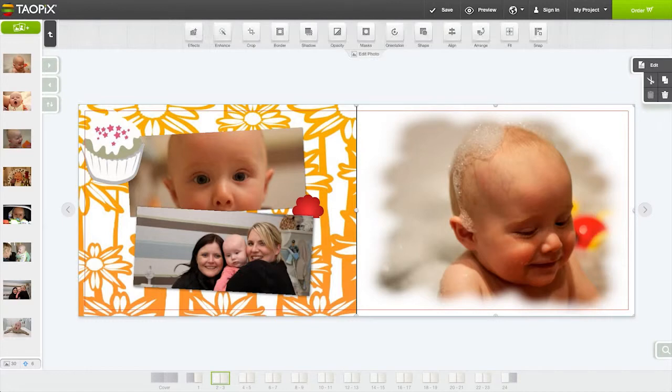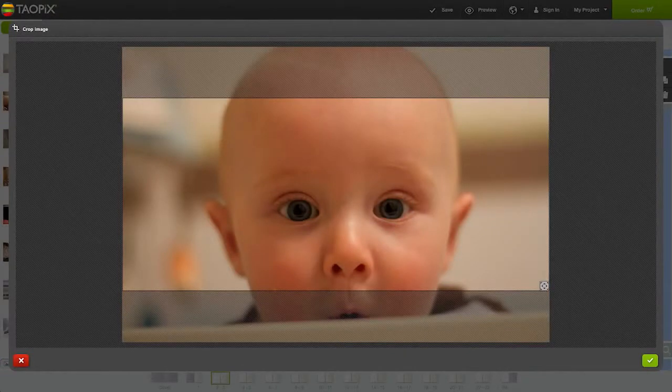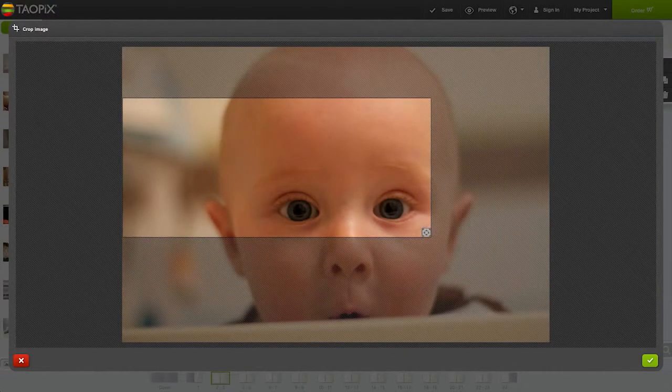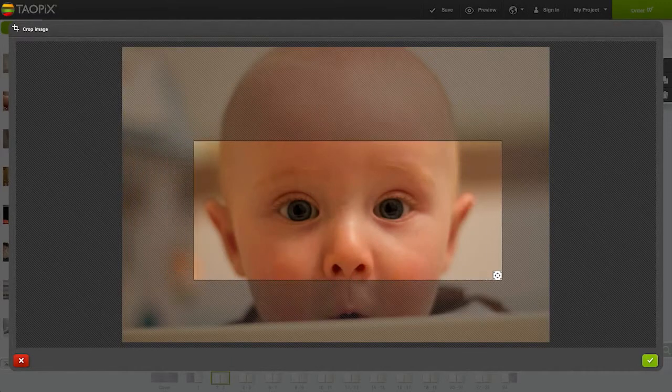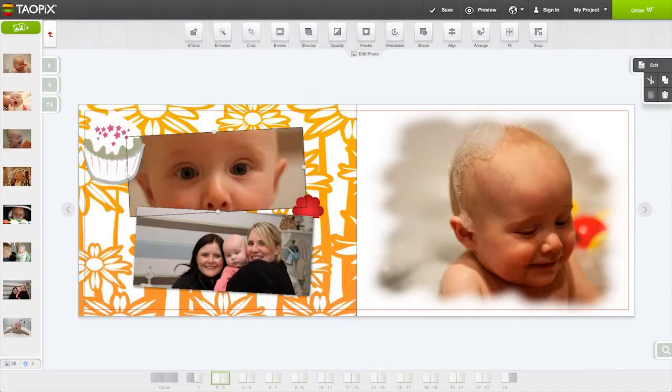Okay, so we've now got our beautiful picture here. So let's take a look at some of the other tools that we have. We can take a picture box and we can either crop the picture. We can use this by selecting the button at the top of the screen or simply double clicking a picture. And this now allows me to crop right in and pan into an area that I want. So in this case, I'm going to take a cropped picture of my little boy and click OK,